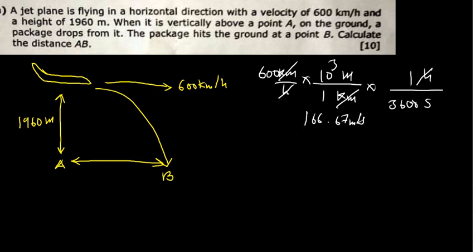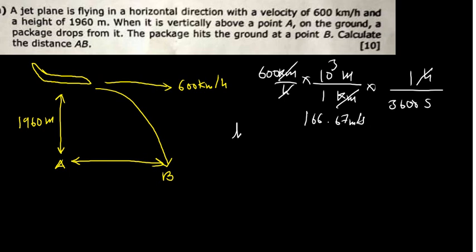Now, since this plane is traveling at this velocity, even the parcel that it gets to release will be traveling at the same velocity. But remember, it is traveling horizontally, so there is no component of the velocity in the y. So we're going to find first the time it will take for it to hit the ground here. How do we get to do that? We know that